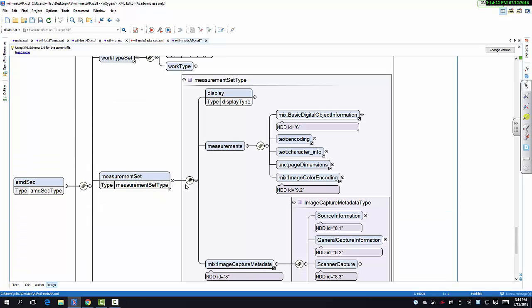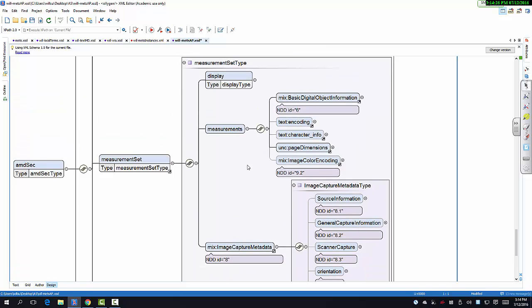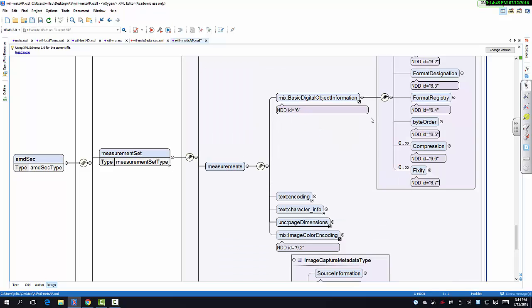The measurement set, this was the area where I had probably the largest expansion, and this is where a lot of the MIX and TextMD elements went in. I was able to give sort of an extent of the digital object by using MIX elements to describe the visuals in the comics, and then using TextMD elements to describe the actual text associated with the comics. So here we have